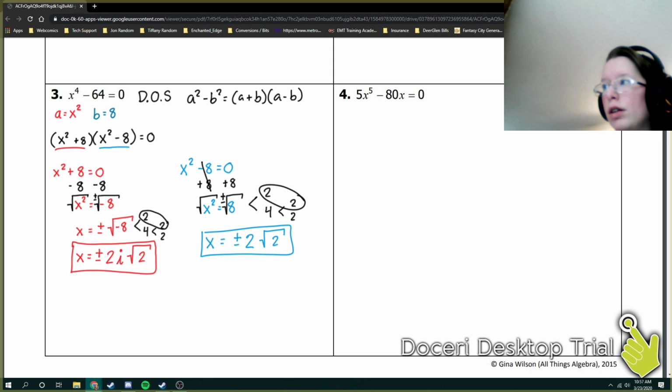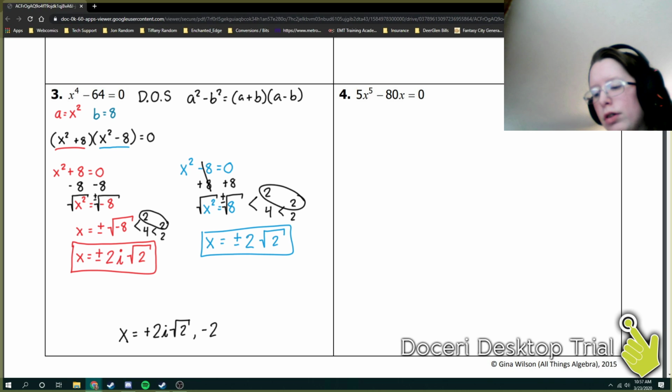So the final list of all of the things that x can be for this problem: a positive 2i root 2, a negative 2i root 2,